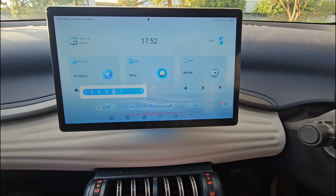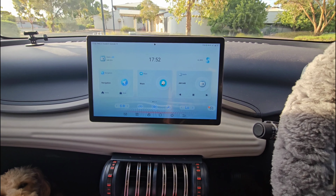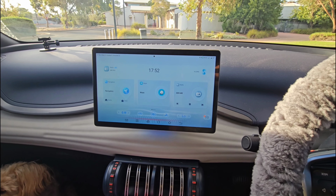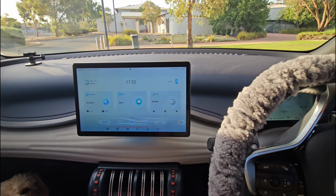So there you go, that's how to use the remote air conditioning. And I do believe the new update has something called camping mode, where you can actually run the car but have the lights off. I don't know if it's part of this remote air conditioning though. I'll have to try it out on my wife's car, who's got the update, and maybe make a video about that as well. But anyway, that's the remote air conditioning,